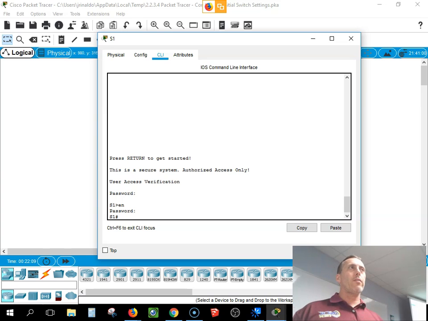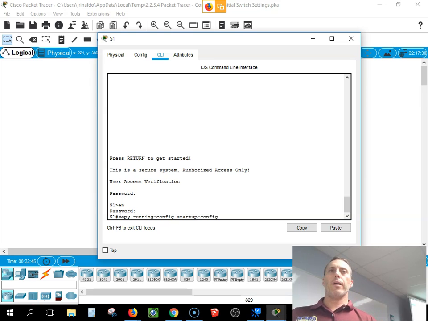configuration of a switch. We've given it a name, we've given it a password, we've encrypted those passwords, we've given a banner, a message of the day. Now what we want to do is save that, because that's a pain in the neck to do, right? So we don't want it to be complex or difficult. So now we want to save that. So we're going to be in S1. Let's see here. We want to save or copy the running config, and startup